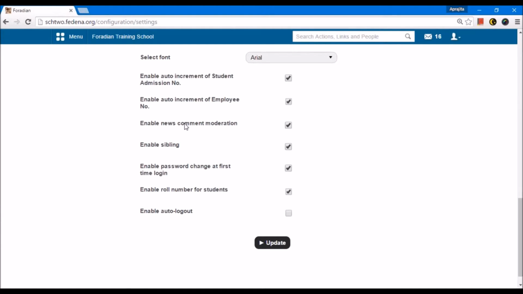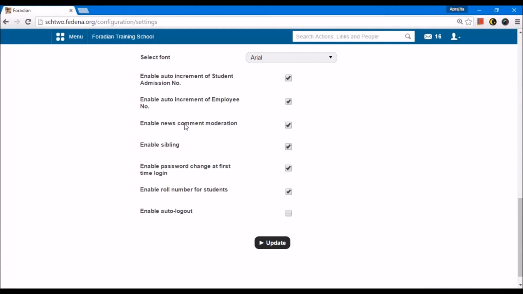You can enable the sibling option. In that case, you can relate two users or two students who are siblings. This will help you to not create separate parent information for each of the siblings. It will copy the parent details from the existing sibling to the new one.